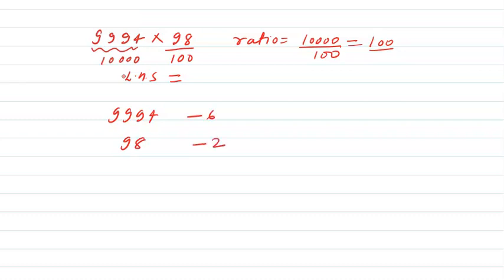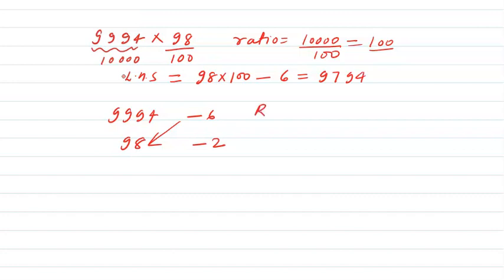When I am calculating the deficit, I am calculating the deficit from the nearest base. So 98 minus 100 is -2 and 9,994 minus 10,000 is equal to -6. Now what we do, we multiply the smaller base to calculate the left hand side, that is 98, by the ratio, that is 100, and we subtract 6 here. So what we get is 9794. 9800 minus 6 is